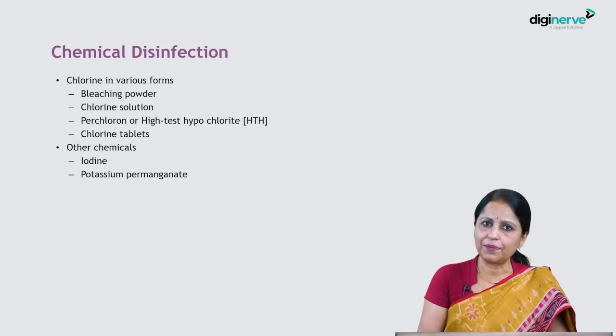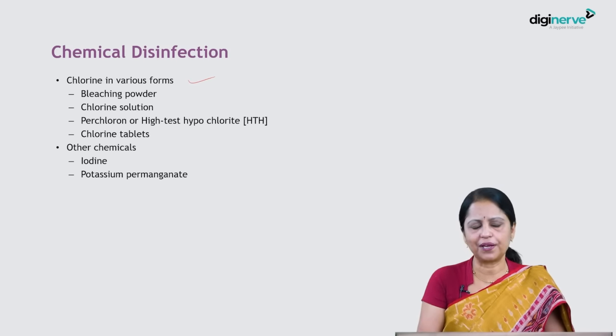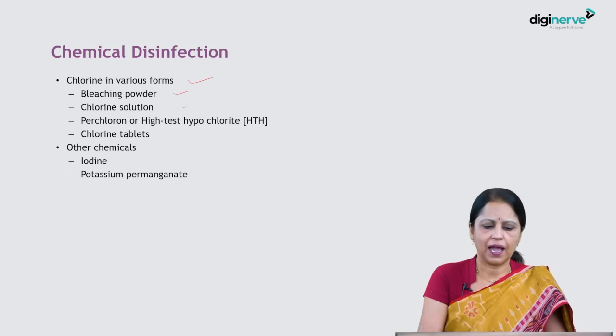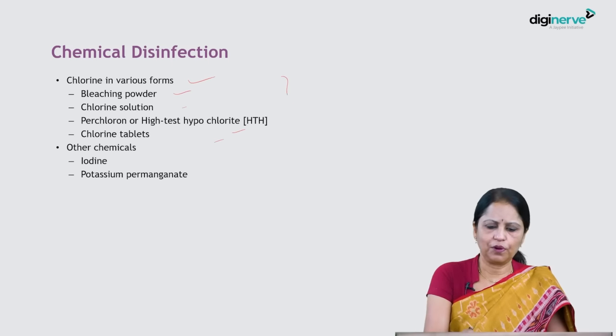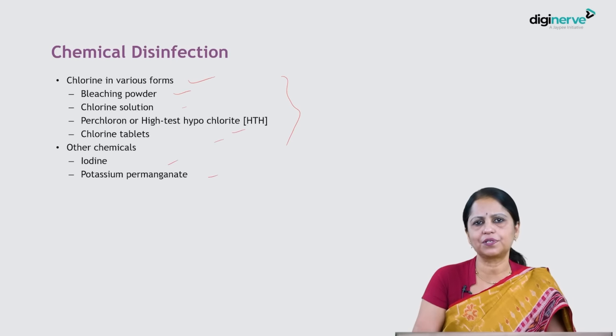Next method is chemical disinfection. So chlorine is the most commonly used one, and it can be used in various forms as bleaching powder, chlorine solution, chlorine tablets, high test hypochlorite, etc. So any of these methods can be used, and other than that, other chemicals that may be used are iodine and